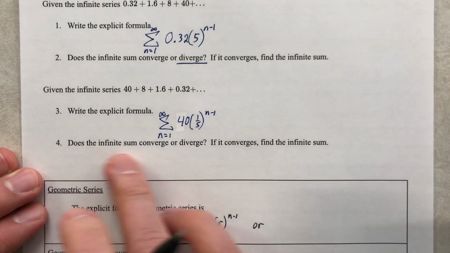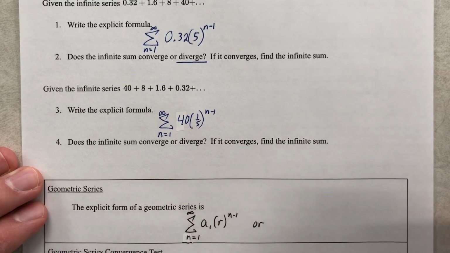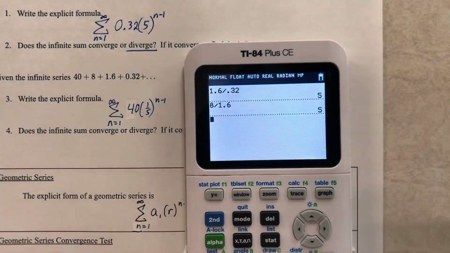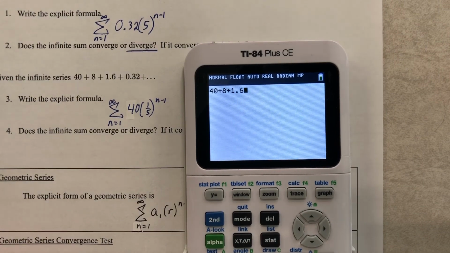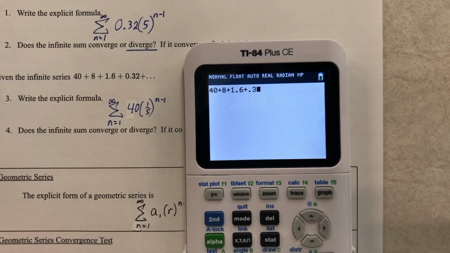So does this infinite sum converge or diverge? If it converges, find the infinite sum. So let's find out. I'm going to just add some stuff. So 40 plus 8 plus 1.6 plus 0.32 plus, okay, I don't know what the next one is, but it's